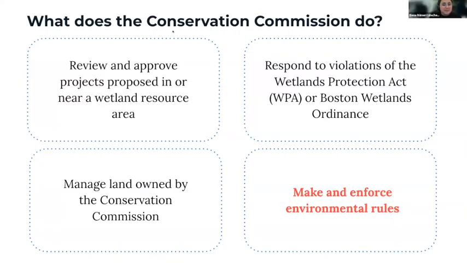The Conservation Commission has 4 key functions. The Conservation Commission are a group of 7 appointed members, and they also have the staff, which is made up of some of the folks that you've met here tonight, who also act on behalf of the Commission in some areas. The function that the Commission most commonly takes part in is reviewing and approving projects in jurisdictional areas.